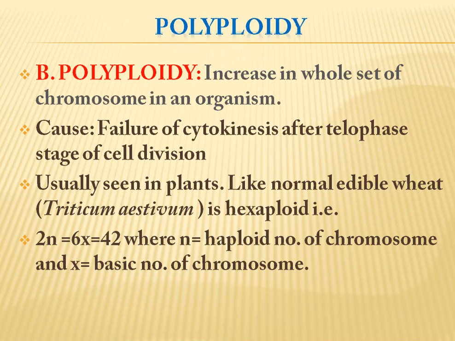Next one is polyploidy. In polyploidy, there is increase in whole set of chromosome in an organism. Its cause is failure of cytokinesis after telophase stage of cell division. It is usually seen in plants like normal edible wheat, that is Triticum aestivum, which is hexaploid. It has 2n equal to 6x equal to 42, where n equal to haploid number of chromosome and x is